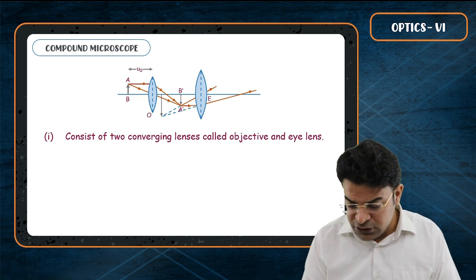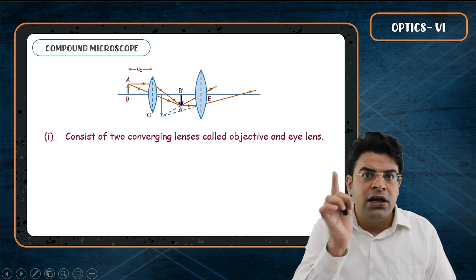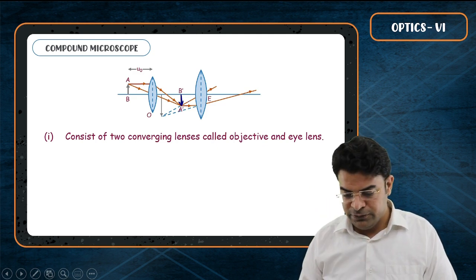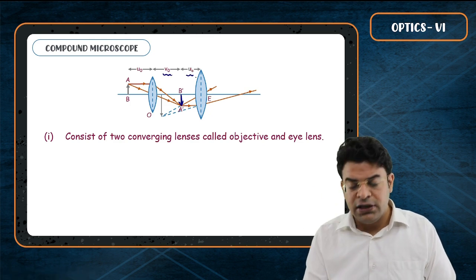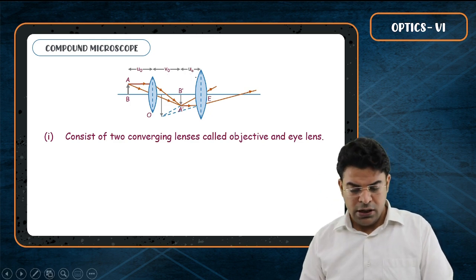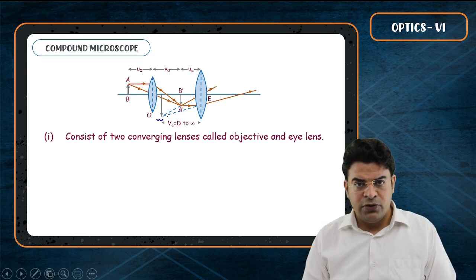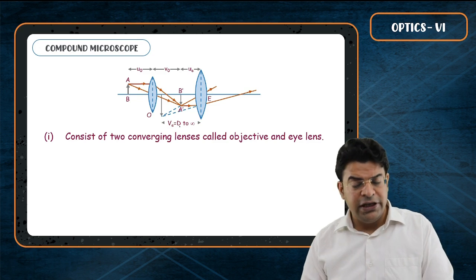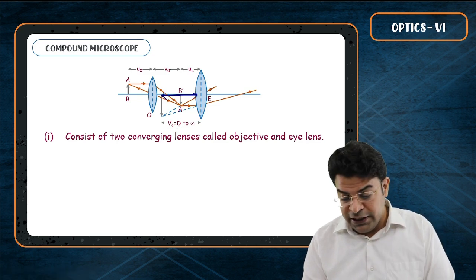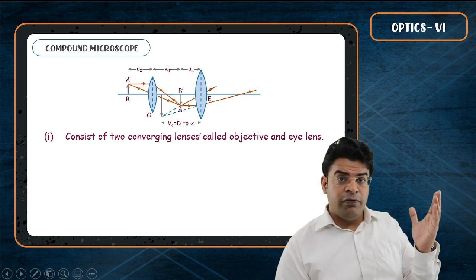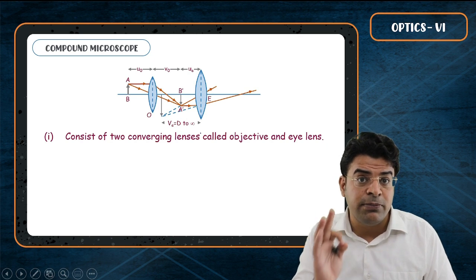And the distance of the image formed by the objective, which is the same as the object for the eyepiece, will be v0 from the objective, and ue from the eyepiece. And let's say this final image formed by the eyepiece is at a distance ve. Now we know that this final image must lie in the range of d to infinity. The minimum value of ve can be d and the maximum value can be infinity, as we have learned in the case of the simple microscope.